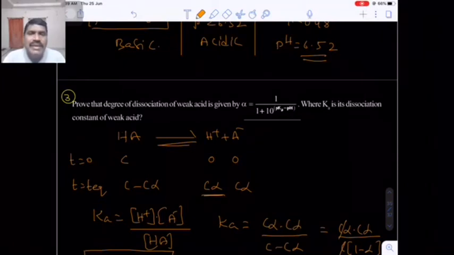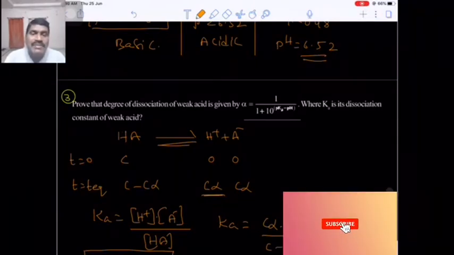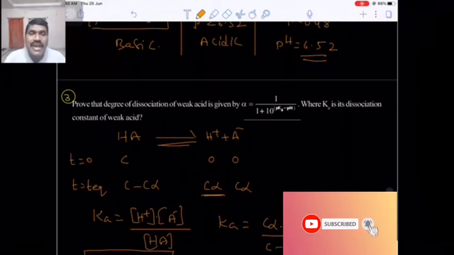how to calculate the pH of different types of acids, that is, how to calculate the pH of a strong acid, how to calculate the pH of a strong base, how to calculate the pH of a mixture of two acids and two bases, in which case one strong acid and one weak acid, or two strong acids or two strong bases, or one strong base and one weak base, and the next one is to calculate the pH of a mixture of acid and base.